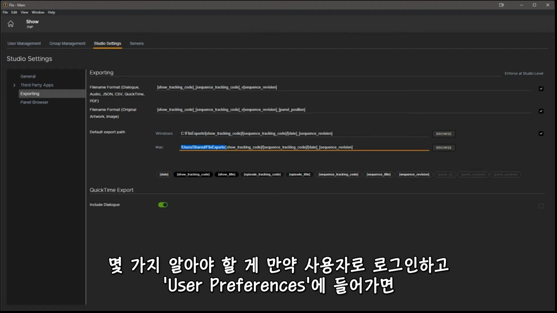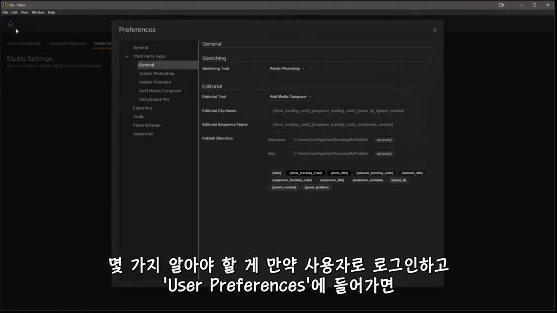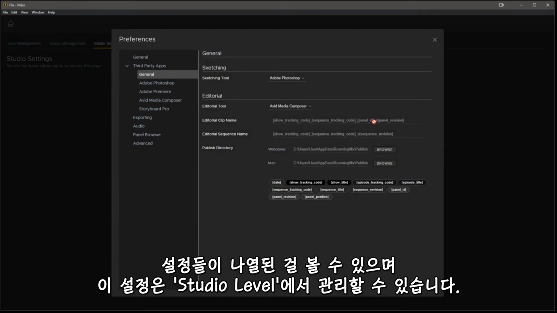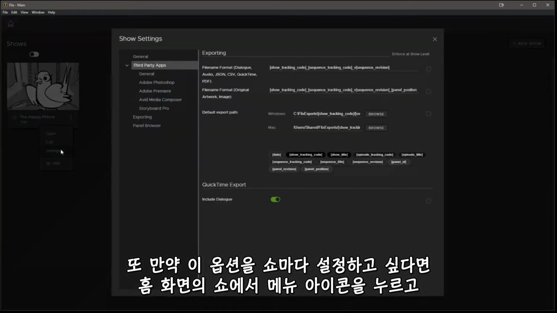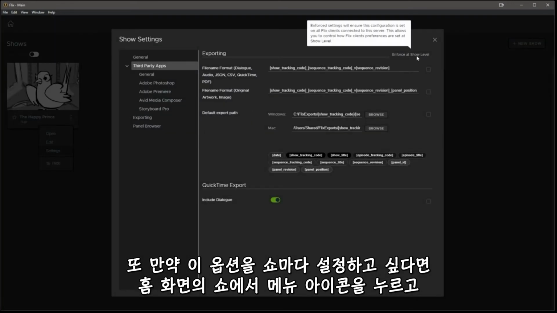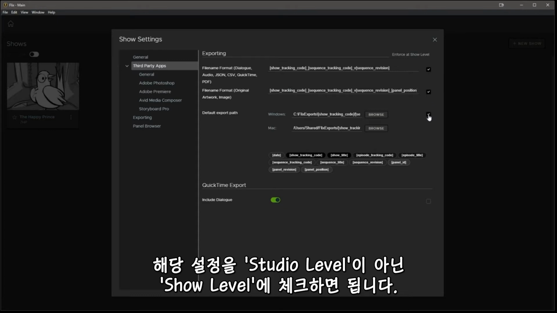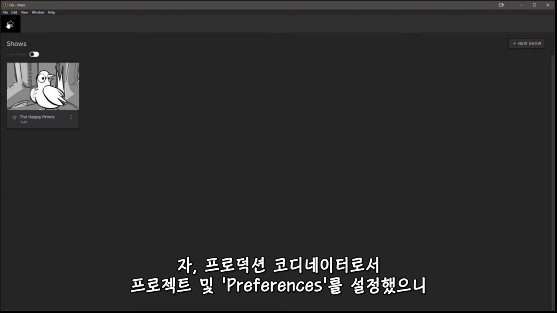A couple of things to note is if we were to log in as a user and go under our user preferences, these options would be grayed out as these are set at an administrative and a studio level. And another thing to note is if you want to set these options per show, we can click on the menu icon for the show on the homepage and then enforce these preferences at a show level rather than at a studio level. Okay, so as a production coordinator, we've set up the project and preferences, so now let's become